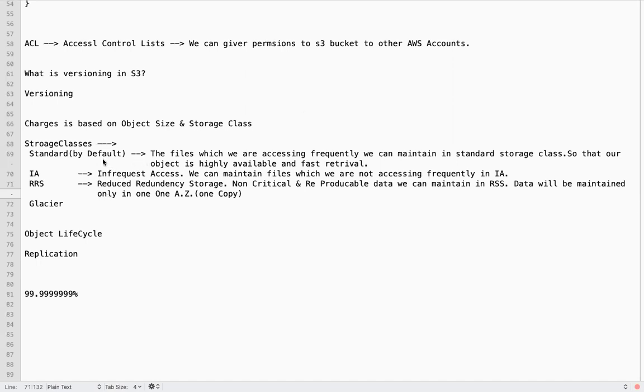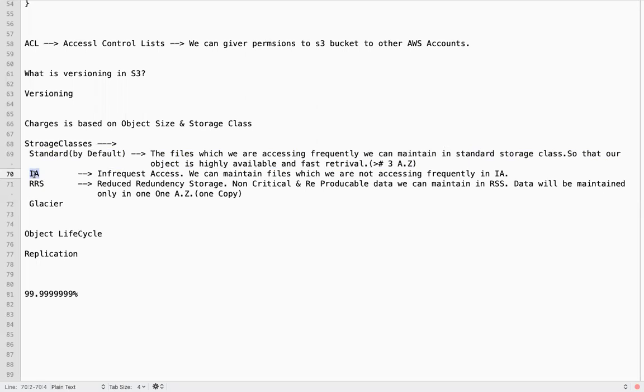In standard, they will maintain multiple copies, minimum 3 availability zones, so we will have 3 copies. So the data will be highly available and you will have fast retrieval.